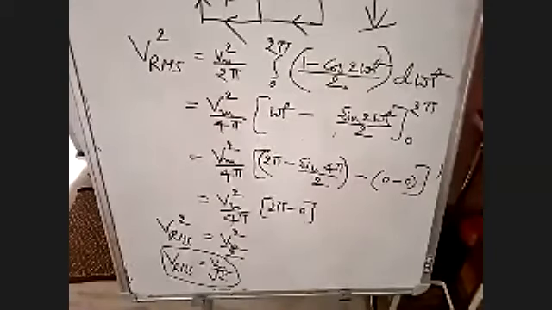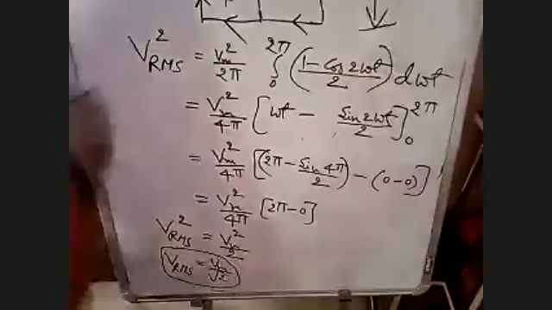So in this way, we are converting AC to DC with the help of a rectifier. Full wave rectifier means both the positive cycle and the negative cycle will give output voltage. Half wave rectifier means only during the positive cycle will we get output voltage. That is the conclusion. We have completed the full wave rectifier.